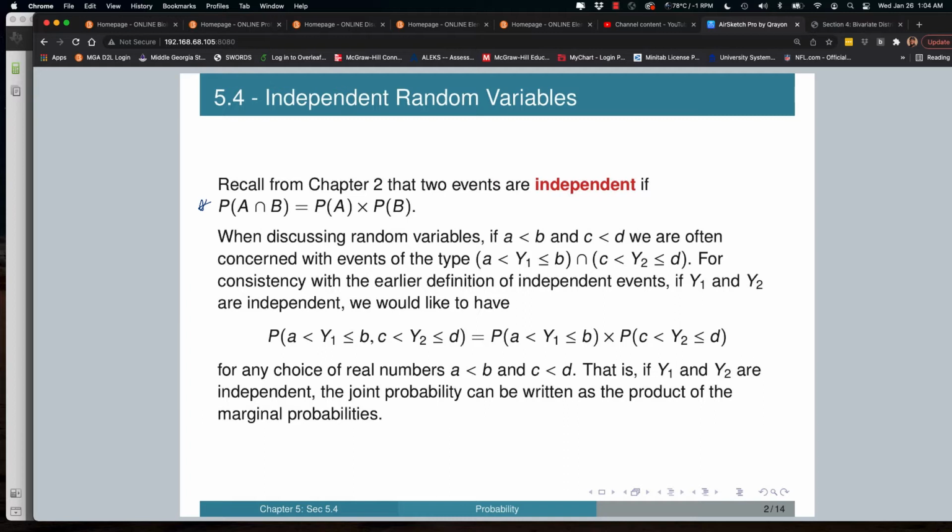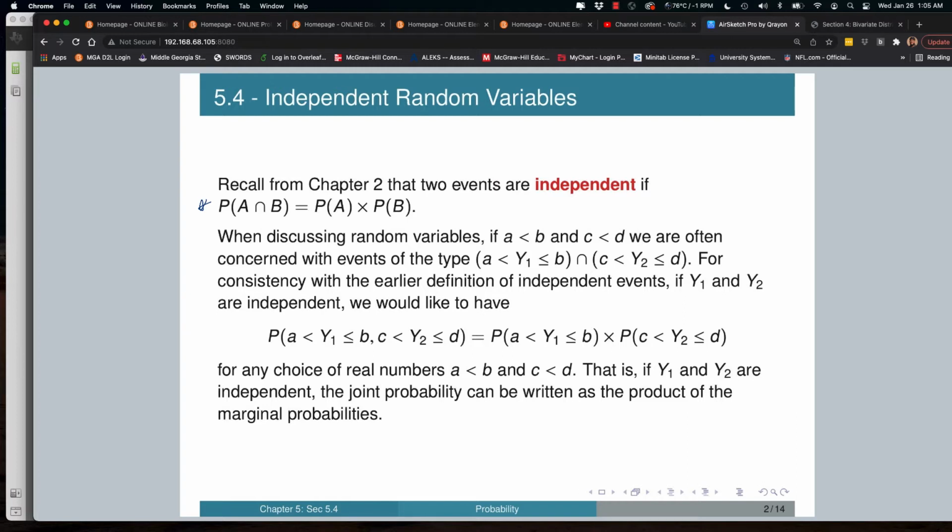And recall what independent events means. It means that the probability of one event doesn't affect the outcome of the other. In other words, they're independent of each other. And when they're dependent, that means that they do. And so we've seen probability problems like that in the past, where, for example, flipping a coin multiple times is considered an independent event, versus maybe drawing a card one at a time from a deck, which is a dependent event, because the probability changes each time you draw a new card. And so that's just kind of a reminder of what independence and dependence is,